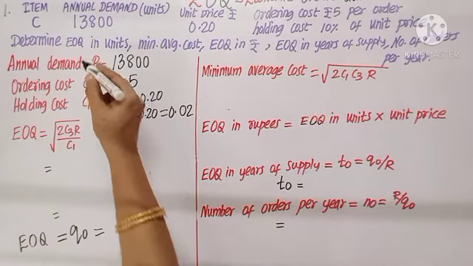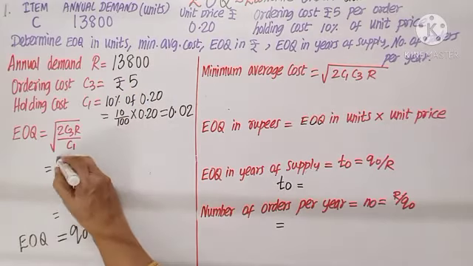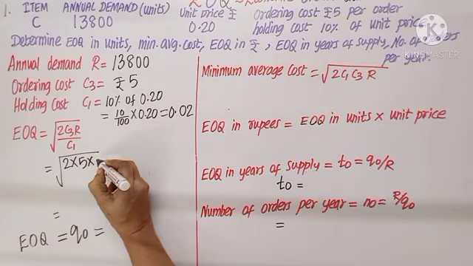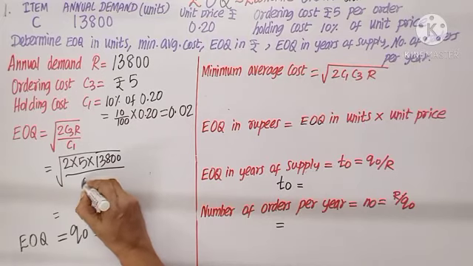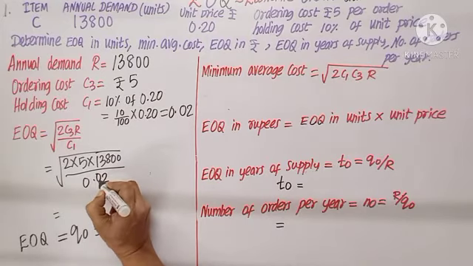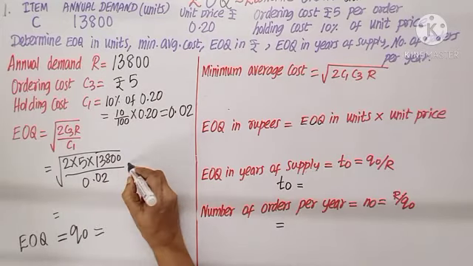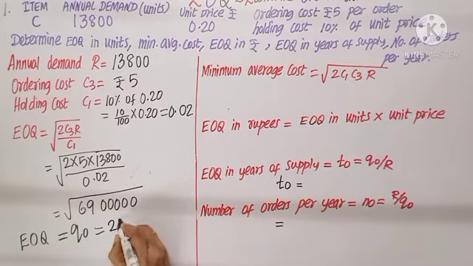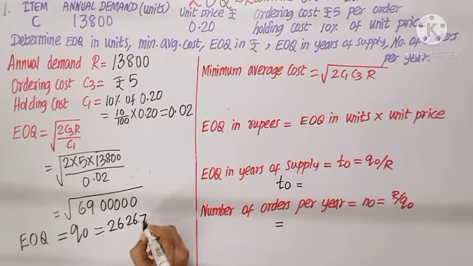Having identified R, C3 and C1, EOQ is square root of 2 into C3, which is 5, R is 13,800, divided by C1, which is 0.02. As we multiply, we get square root of 69 lakhs, that is 2626.78,